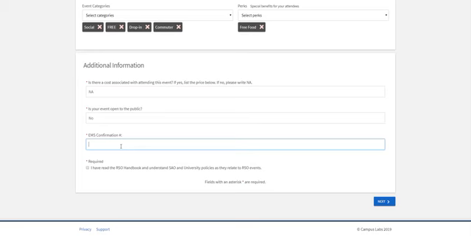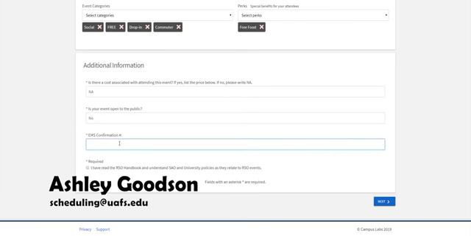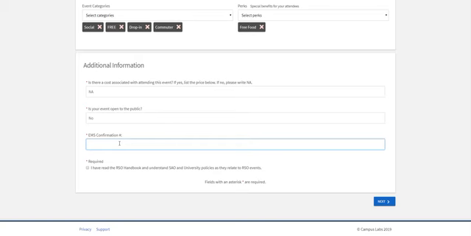Your EMS confirmation is basically your reservation number. If you haven't reserved your space yet, you'll need to contact Ashley Goodson. You can contact her at scheduling@uafs.edu. She will help you reserve a space for your event to happen at. So this will be either a room on campus, you'll have to reserve the green, or maybe you're reserving the Reynolds room or the fireplace or wherever you're having the event at. Once the event is reserved, you'll receive an EMS confirmation, and it will have the EMS confirmation number that you'll